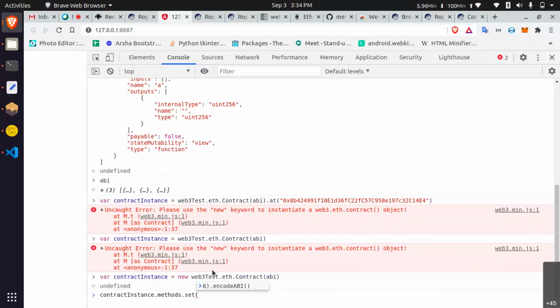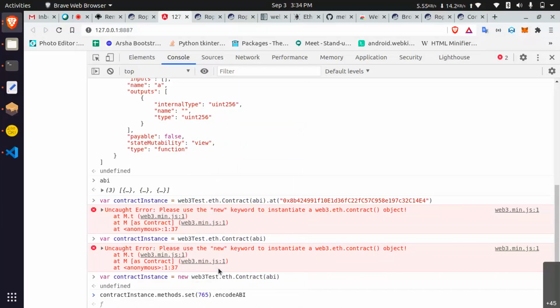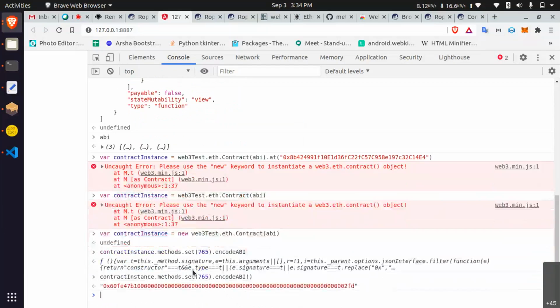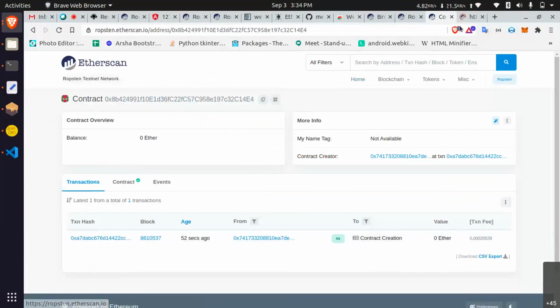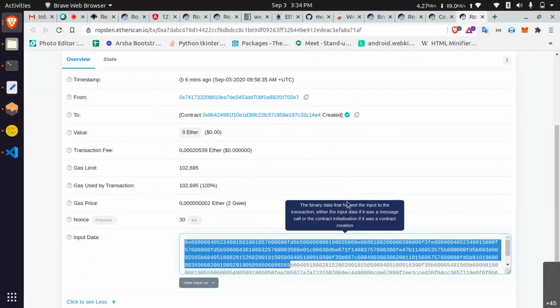Okay, I am going to set 70, right, dot encodeABI. Okay, so encodeABI. This is the input which is going to show it. Wait, in every transaction it will show here. This is the input, input data.